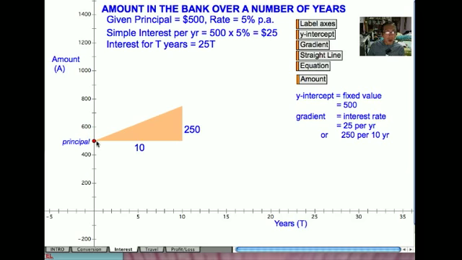When we draw this triangle, it will be too small. Thus, we have to enlarge the triangle by drawing a triangle representing $250 for every 10 years. This is the same as saying $25 per year. From the y-intercept, we draw a base of 10 and a height of 250 to represent the gradient, or the rate of interest. We complete this by drawing a straight line,